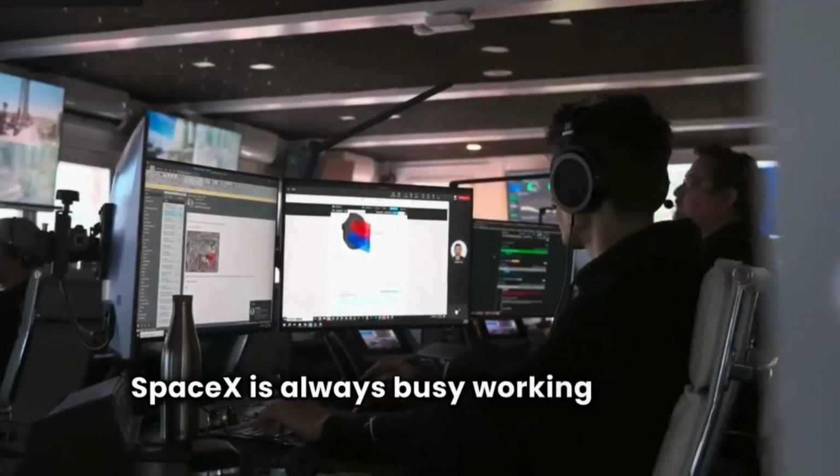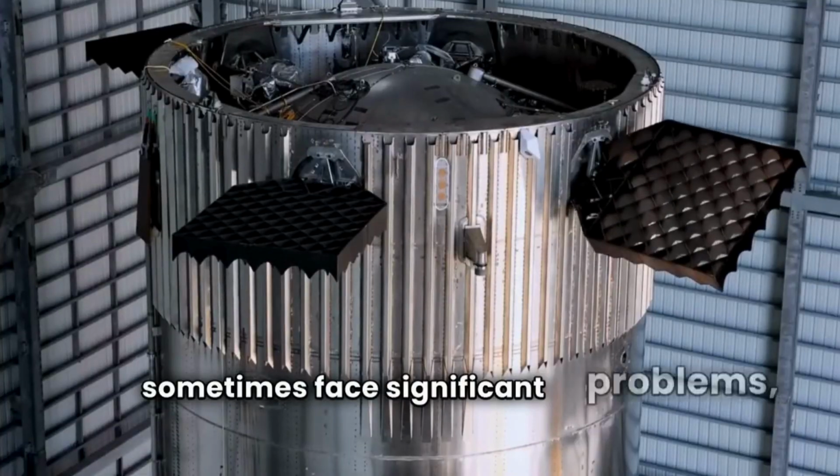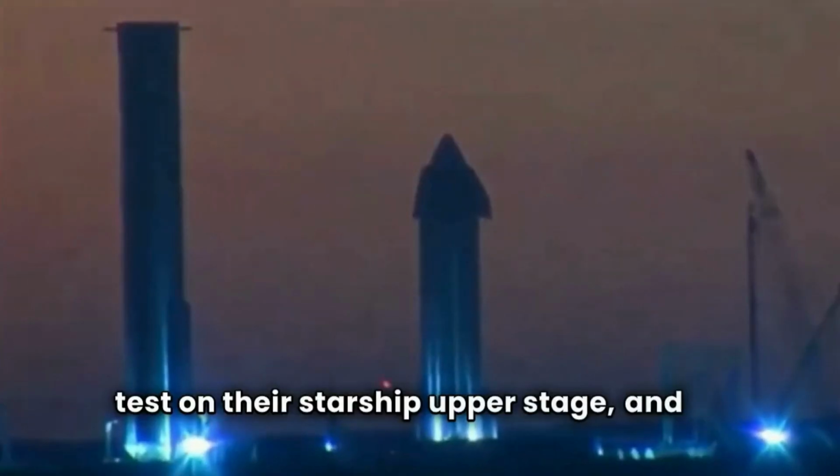SpaceX is always busy working on their Starship. While they usually achieve big milestones, they sometimes face significant problems, whether during a ground test or a launch. Recently they encountered an issue while conducting a test on their Starship upper stage, and we will talk about this